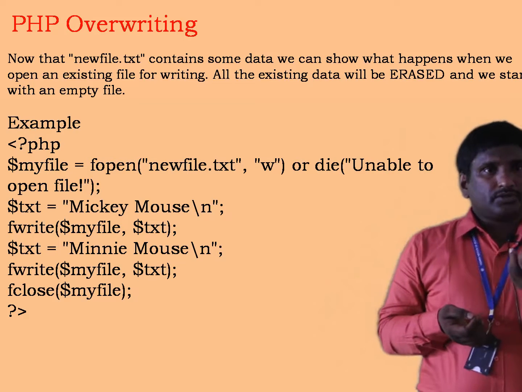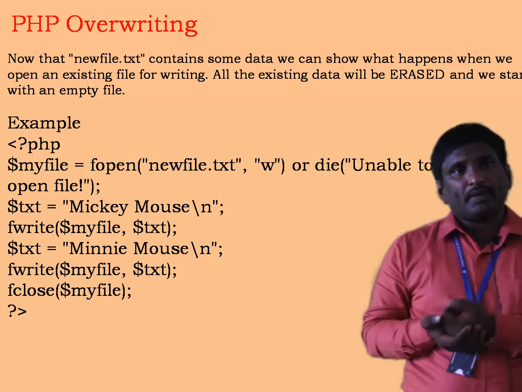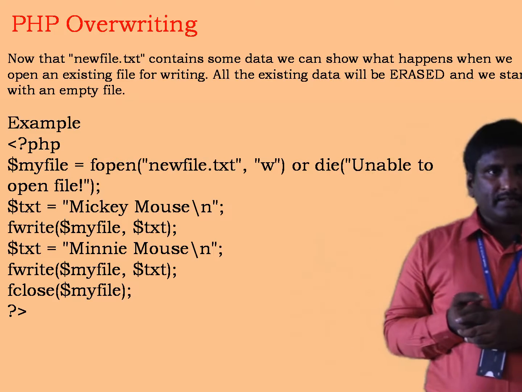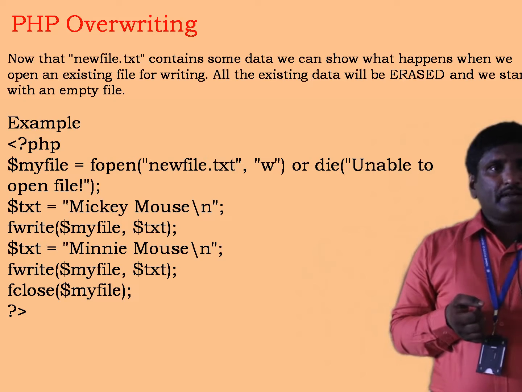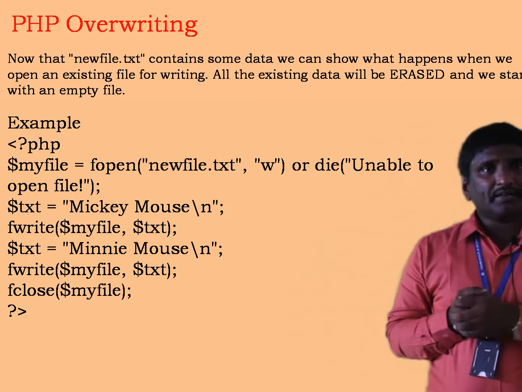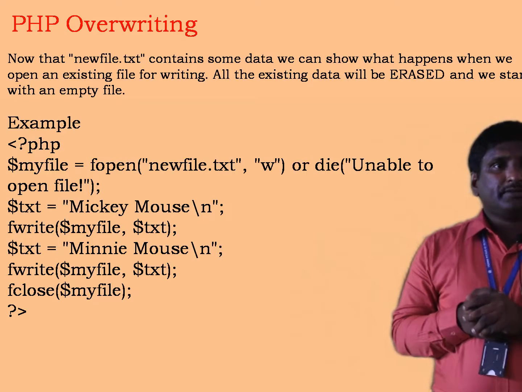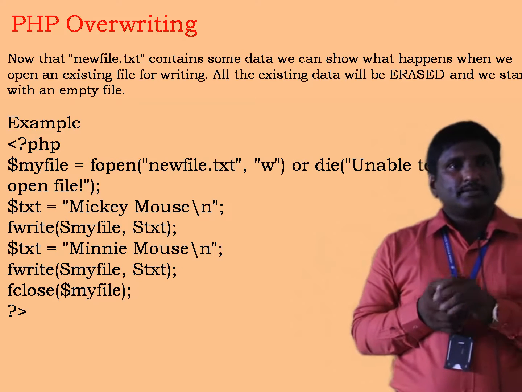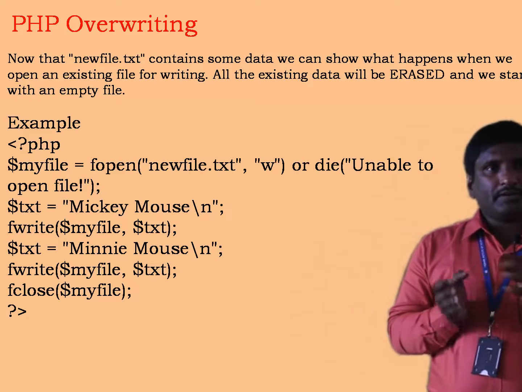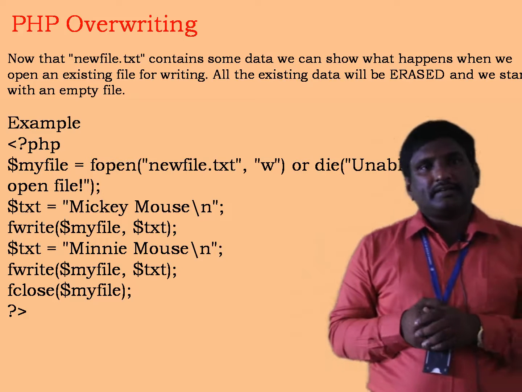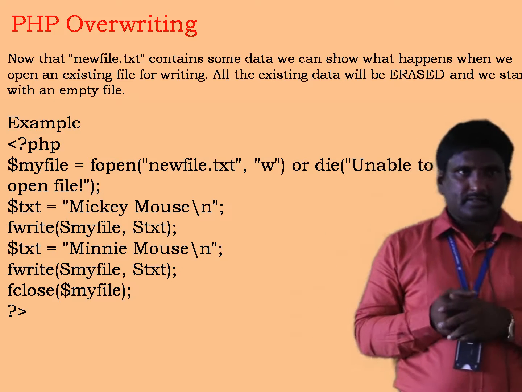If you open the file using fopen newfile.txt with mode W, the content will be erased. And if you use fwrite, here Mickey Mouse and Minnie Mouse, correspondingly the content will be added to newfile.txt. Next,